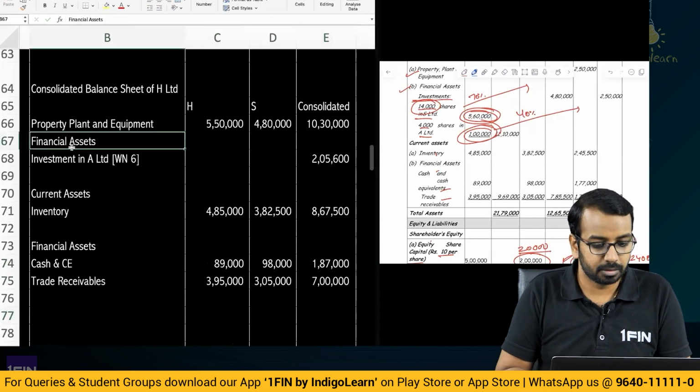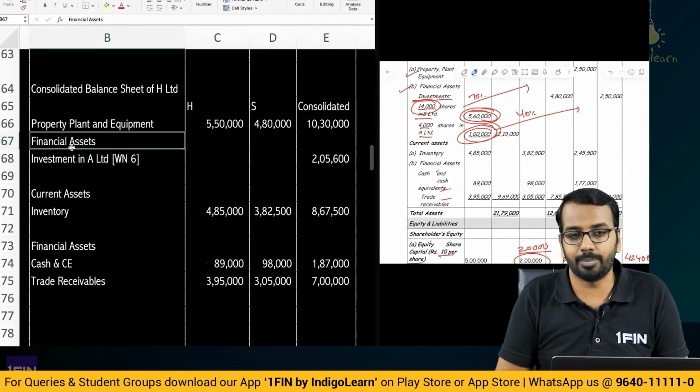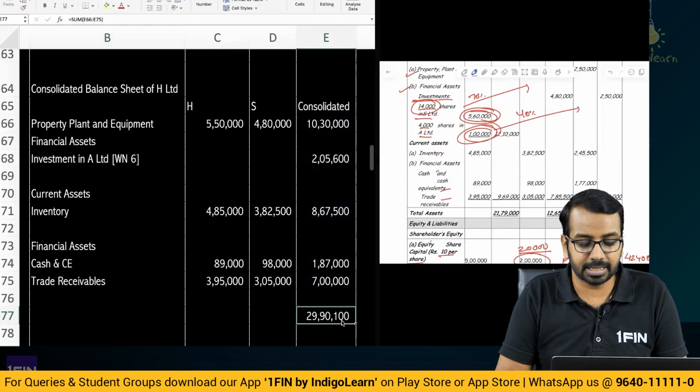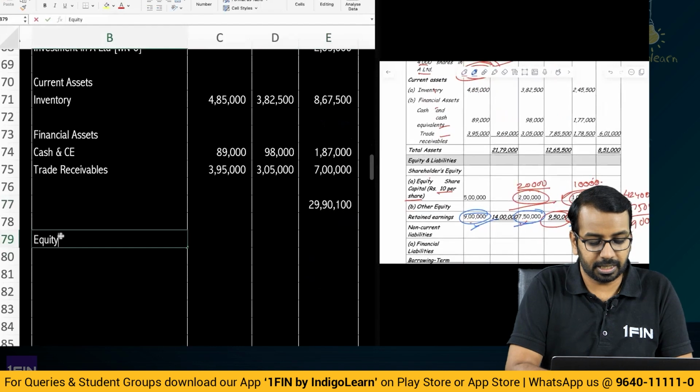Right. Then we have goodwill, but goodwill is impaired, so goodwill will not appear in the consolidated balance sheet. So if you do the total, it comes to 29,90,100. Okay. Now coming to the equity side, equity and liabilities,